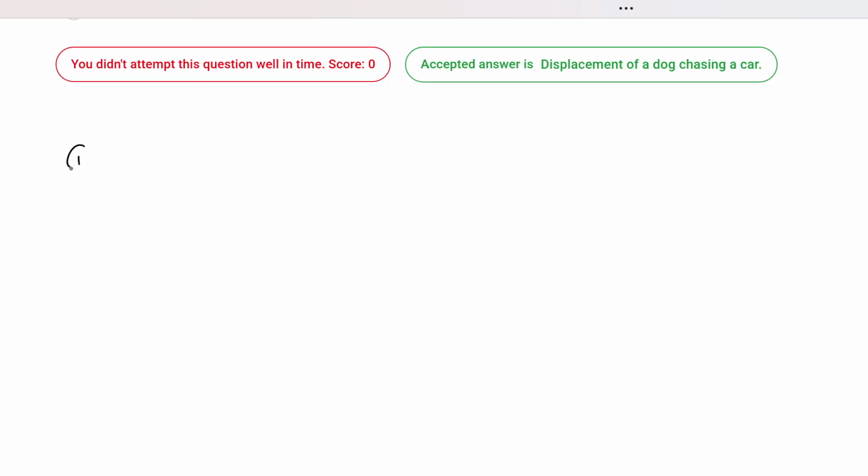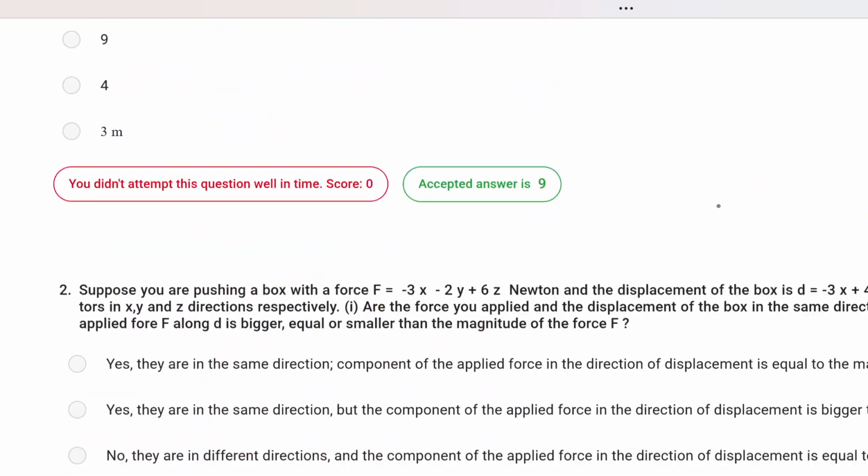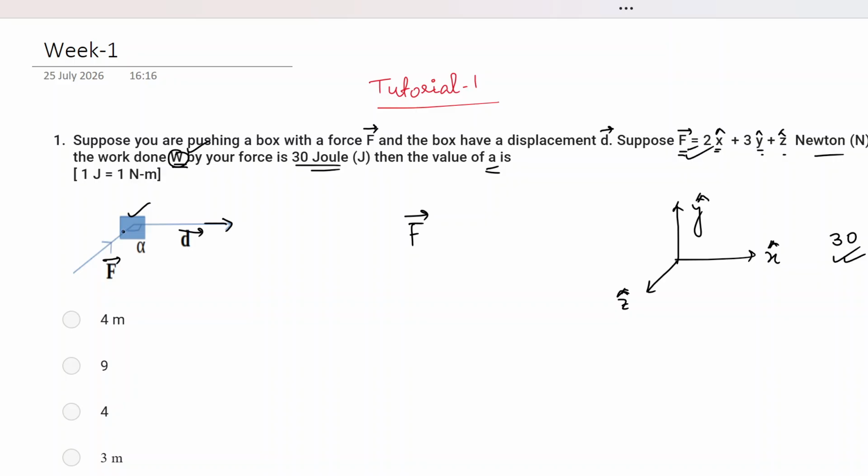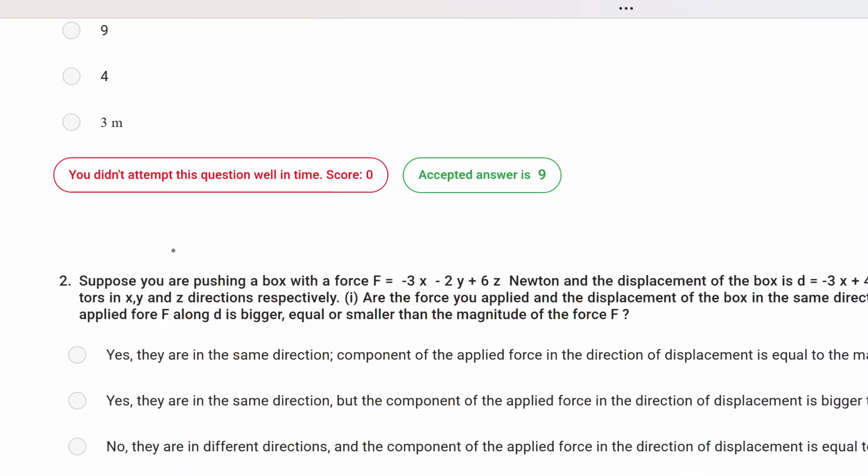So I'll directly solve it, maybe in the bottom page in a blank space. So let us take our work done to be W equals F dot D, right? This is a vector dot product. Now, what is the rule of vector dot product? You know the basic formula probably, that whenever you are writing a dot product, you are taking the modulus of each of the vectors, and then you are taking a cos alpha, where alpha, as you saw from the question, is the angle between these two vectors. So if you draw an angle between F and D, the angle is alpha.